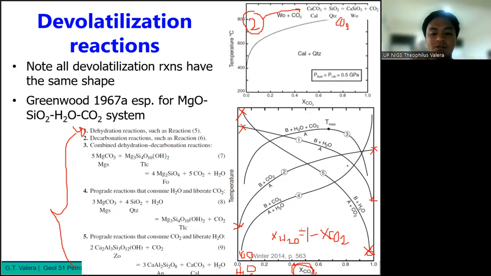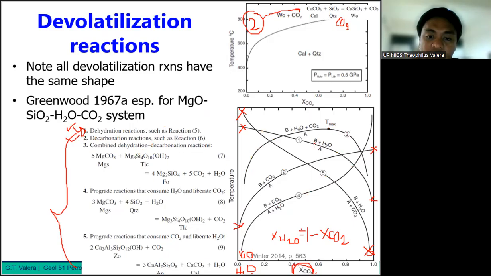Okay? So that's the point. So that's reaction 1, check. Reaction 2, check. What about a combined dehydration, decarbonation reaction? That's curve 3. So for curve 3, the Tmax depends